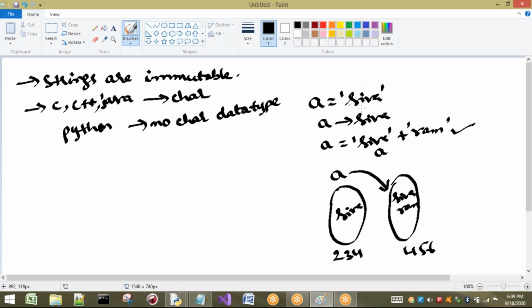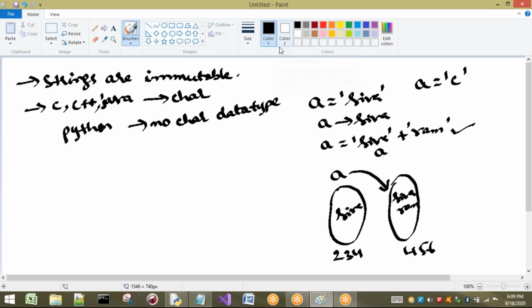If you want to represent only a single character, we can place a single character in a string. A string is a group of characters, or it may be a single character also, no problem. But additionally we do not have any char data type.